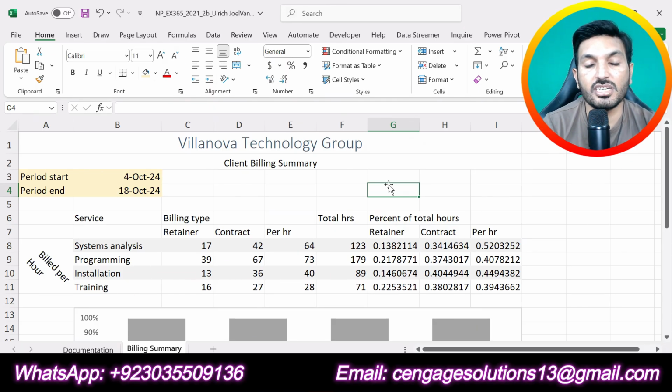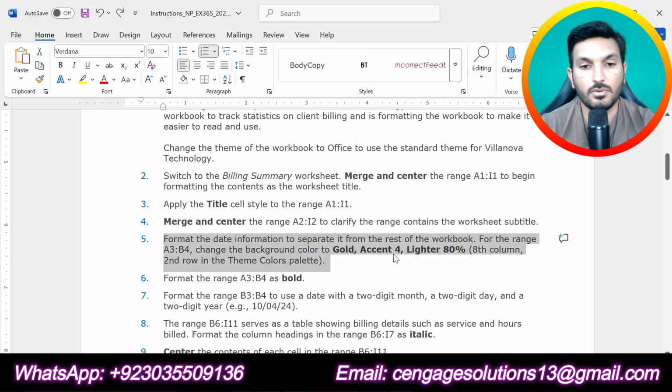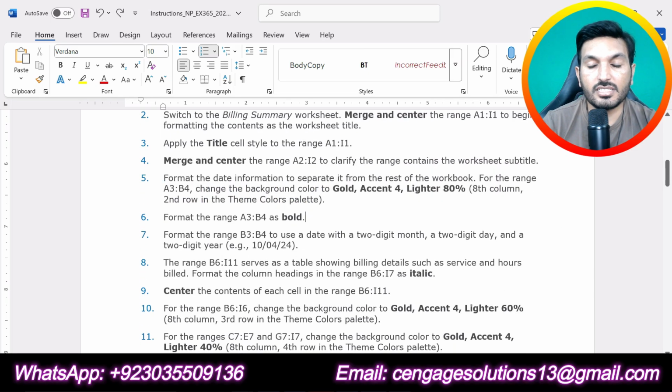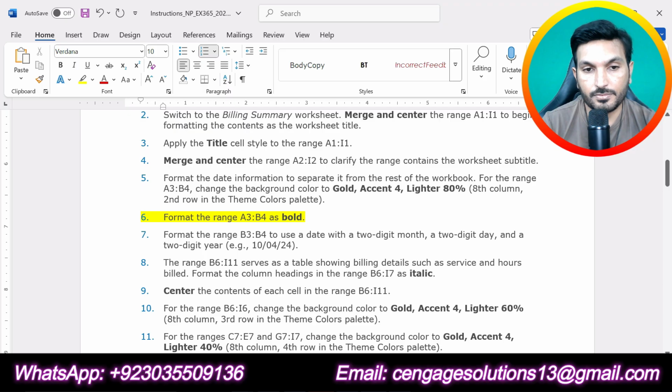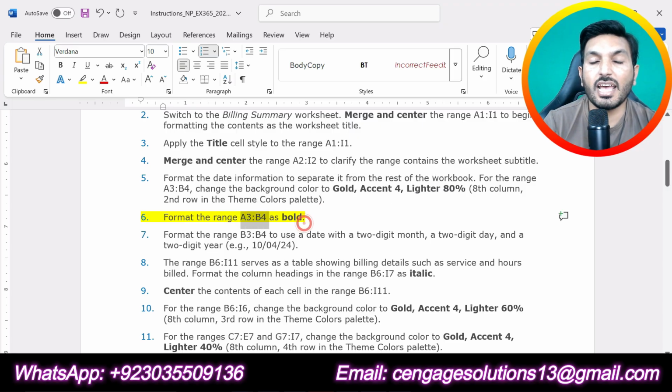So I have changed the background color of this range to gold accent 4 lighter 80%. So we are done with step number 5. So we have completed 5 steps of this assignment so far. Now let me do step number 6. Step number 6 is saying format the range A3 up to B4 as bold.